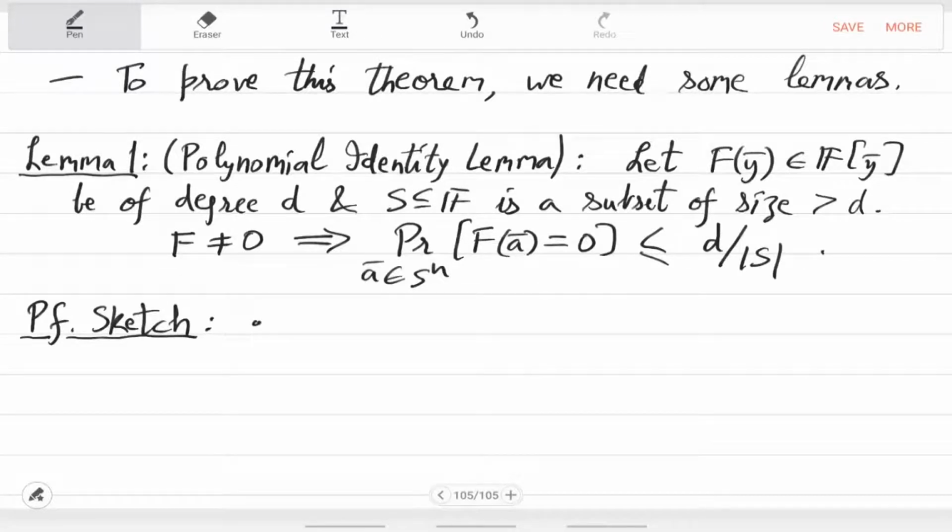So, when f is a univariate, I mean, clear as in you still have to show that a degree d polynomial has at most d roots. Do you know how to show that? We will use